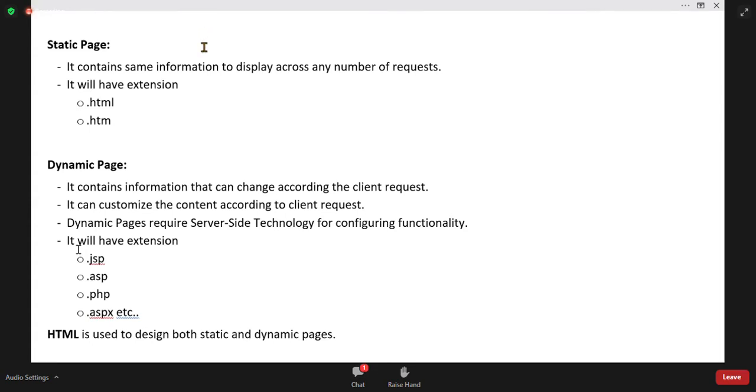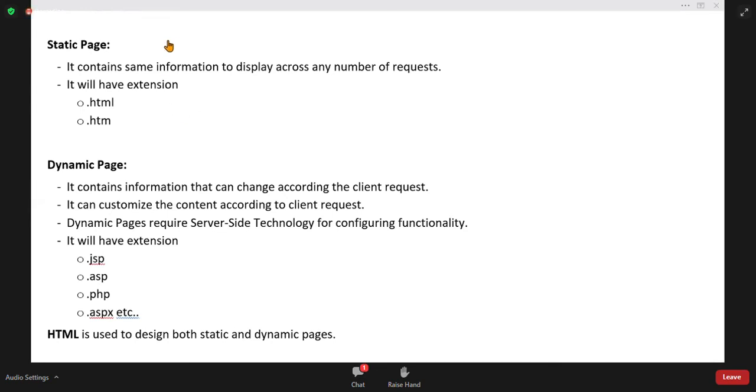So how do you identify whether it is a static or dynamic page? Later, you will understand several more concepts. Initially, static pages have the extension .htm or .html. What is the difference between those two extensions? I will tell you when we start working with HTML. A dynamic page can be JSP, PHP, or ASP.